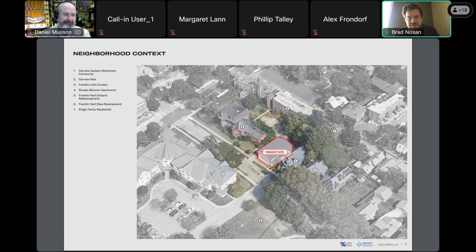Here's the project site. You can see this is about a 2,200 square foot building. It was formerly used as a gymnasium when this was an old YWCA. It's never had any sort of residential use in it. It is inexplicably zoned as 2-family, and our eventual goal is to get this rezoned as just general retail.